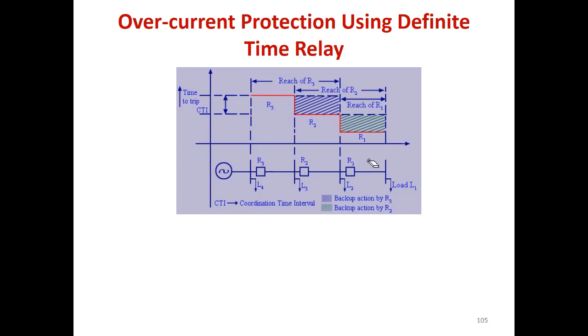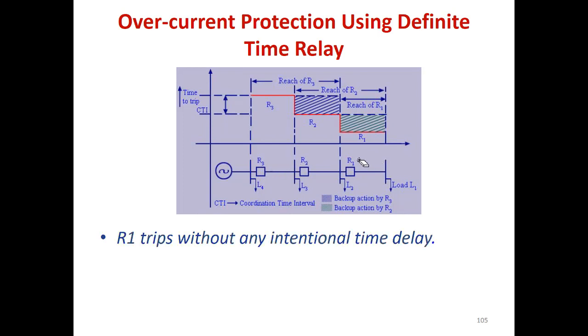R1, obviously, will become an instantaneous relay, because as soon as there is overcurrent, the current goes beyond the threshold value, R1 will trip immediately, right? When the fault is somewhere here, R1 trips immediately, without any intentional time delay. Then